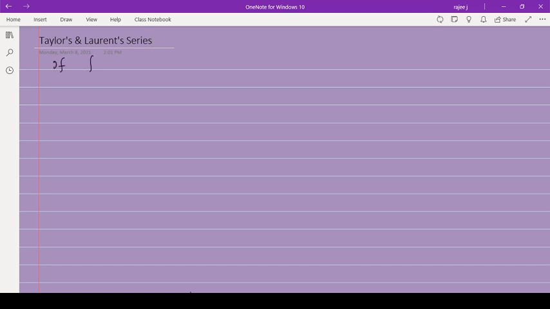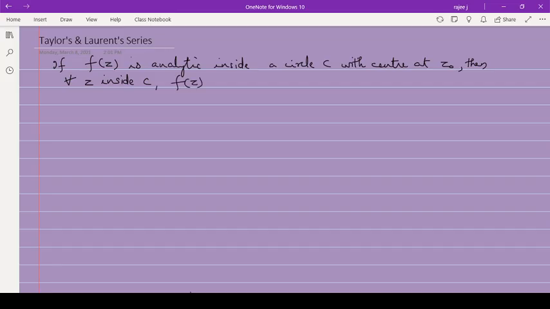If f of z is analytic inside a circle C with center at, say, z0, then for all z inside C, this symbol means for all, this f of z can be expressed as